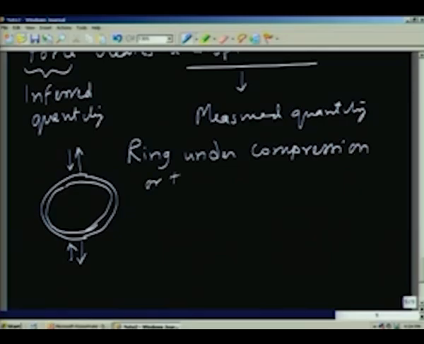I am assuming that the ring has a small cross section compared to the diameter. Therefore, I will take this as the diameter. Compared to the diameter, the section is very thin, and if we take d as the diameter of the ring, E the Young's modulus and I the moment of inertia of the section about its centroidal axis, you can see what is going to happen. If you apply a force like that, if you take a section here, it is undergoing bending.